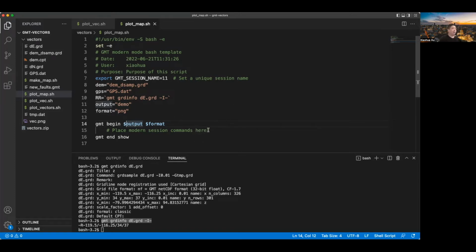So let's start with plotting a base map. So it's gmt basemap. And we're going to use the Mercator projection. Let's give it a size of 6. And we already have this RR variable, so we're just going to call it $RR. Again, we're going to set the -B option. Let's try a1f.5. This time we don't want to plot the grid because in the map there will be other data like the DEM. If we save it and then run this bash plot_map.sh,